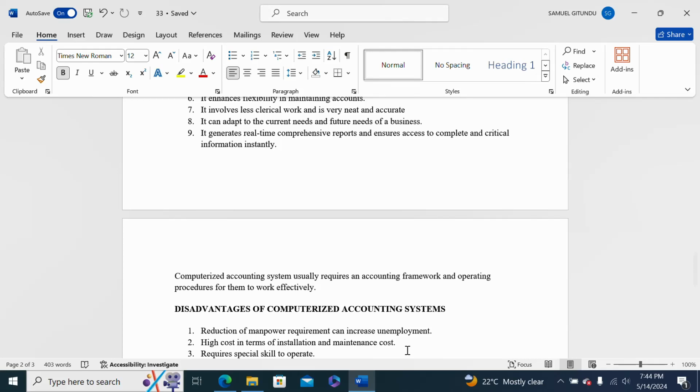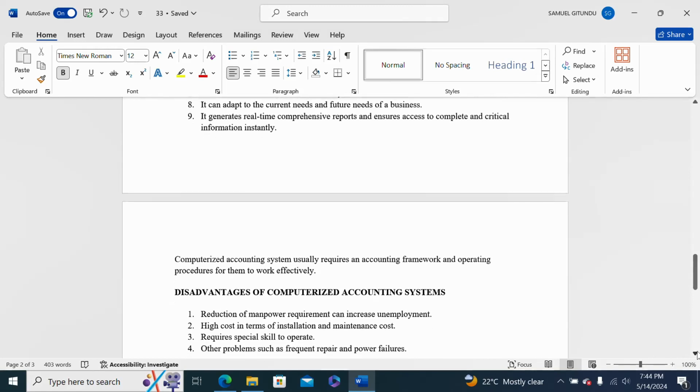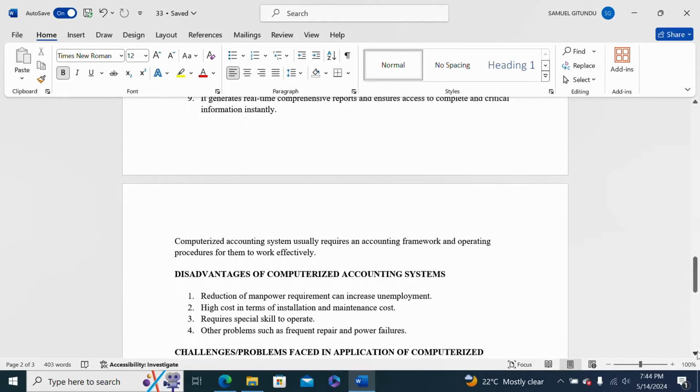Then they require special skill to operate. If you don't know about computers, if you don't know about those softwares, then you cannot operate. You find that when an organization employs a new accountant, then they have to bear that extra cost of training those accountants on how to use the installed accounting system. So that is another disadvantage. And the other disadvantage is that